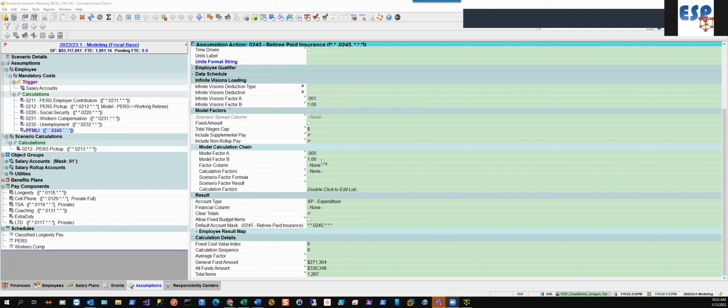Totally. So this would calculate the value and then only apply 60% of it. So you have to figure out the ratio of what you want to apply, because we don't have a way of just saying from this date to this date. It'd be a nice feature, but